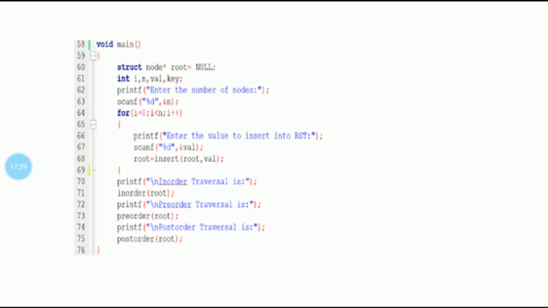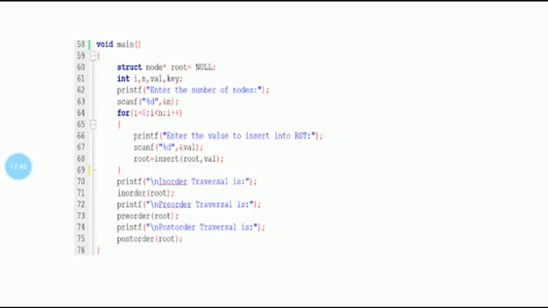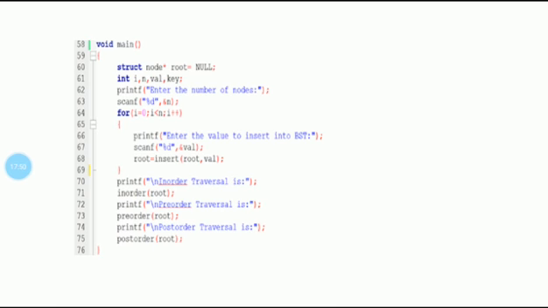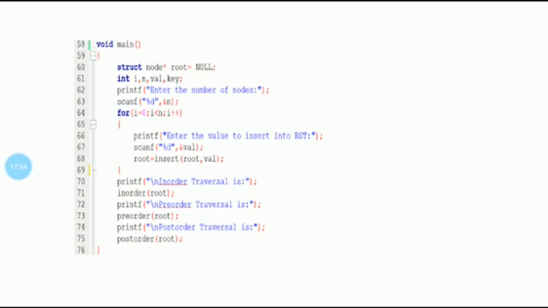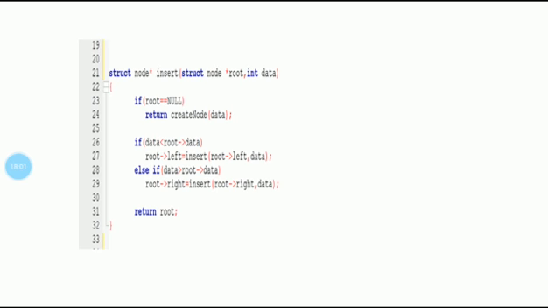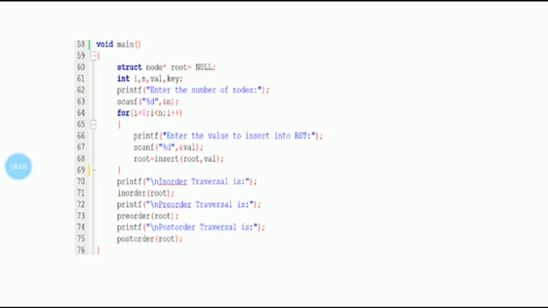That means the insert function is available here, in-order here, pre-order and post-order also available in these slides. And within the insert we are going to call create node. Like this, all the functions that are defined here are needed at some point of time.